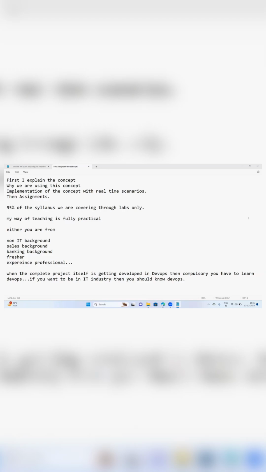It is useful for the Azure AZ-204 certification. If you have this Azure DevOps knowledge, then it is helpful for you up to 40% for your AZ-204 certification also. Is that clear? We are also having online support, and I will also be available for you after the class. I believe everyone has downloaded the syllabus sheet.